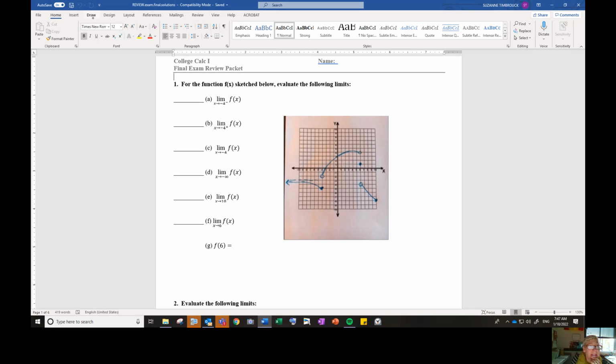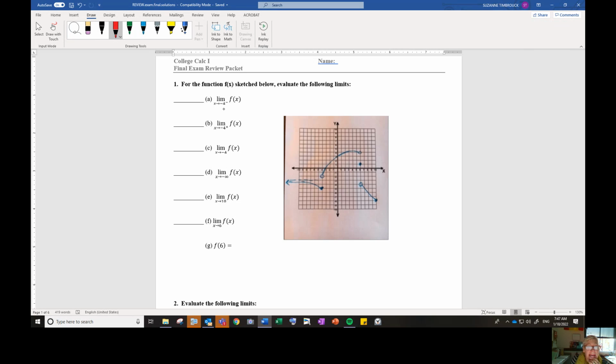Now there's 2 negative signs here. Make sure you realize that this means we're going to -4, and this one means from the left. From down here at -infinity, there's positive infinity. So coming from -infinity, we're heading towards -4. 1, 2, 3, 4. So here's -4. Coming from the left, we're heading towards this value right there, which is a value of